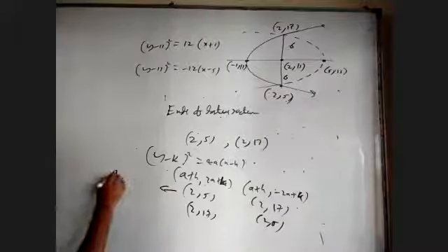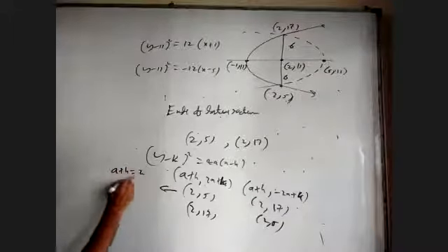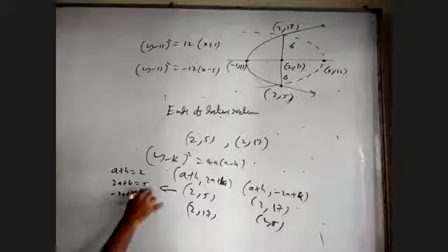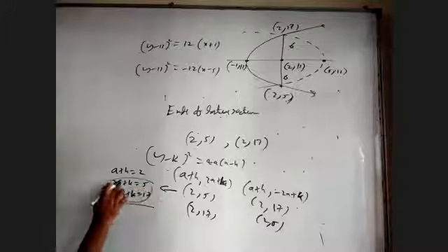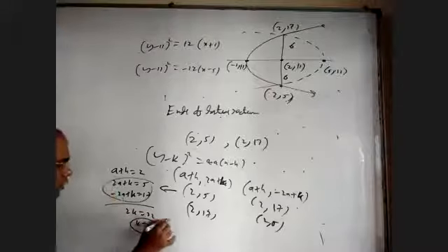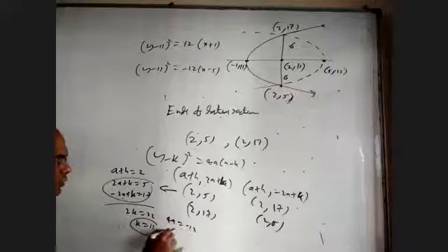Okay, for this you'll get a plus h equal to 2, and 2a plus k equal to 5; minus 2a plus k is equal to 17. When I add these two, minus 2a and plus 2a will cancel. 2k equal to 22, k equal to 11. When I subtract these two, 4a equal to minus 12 and a equal to minus 3.